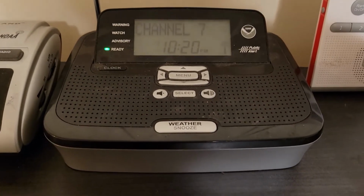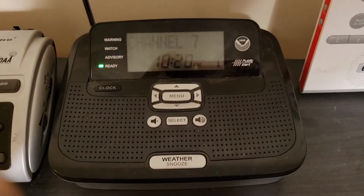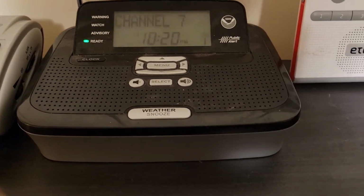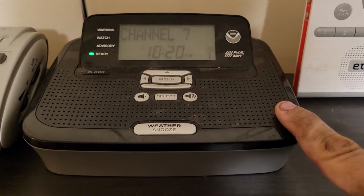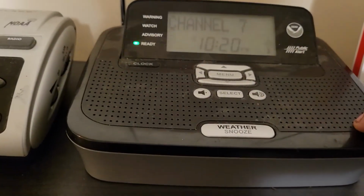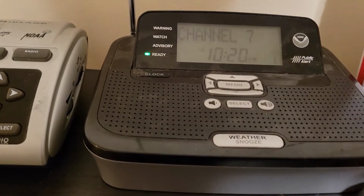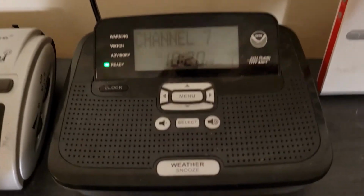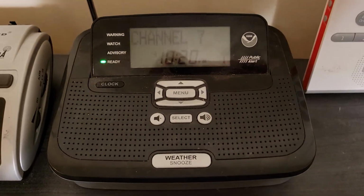Next, we have the Radio Shack 12521, basically the younger brother of the 12262. Fun fact, when ordering the 12262, I actually originally ordered one of these off of Amazon. This was what was in the picture, because I wanted just the all black one instead of the silver one. But they sent me a 12262 instead. That was fine. I eventually found this one on eBay for like $5, and I figured, hey, why not have